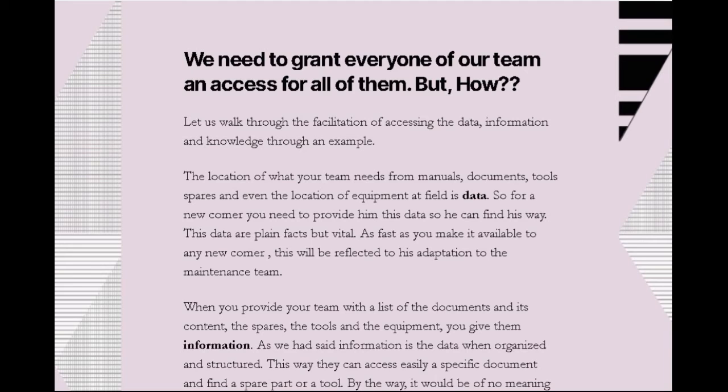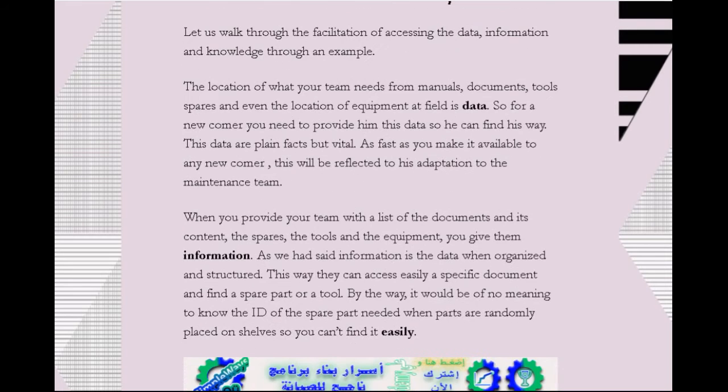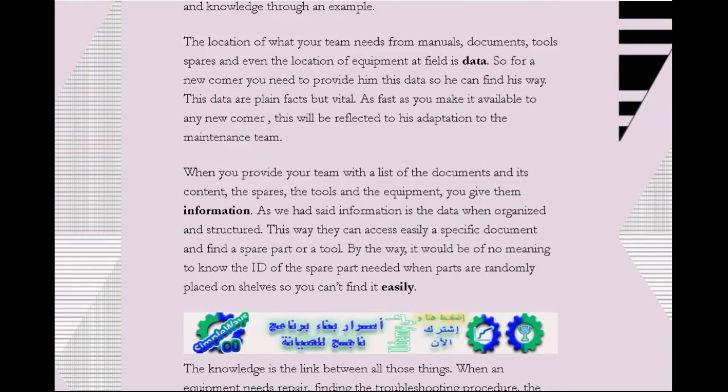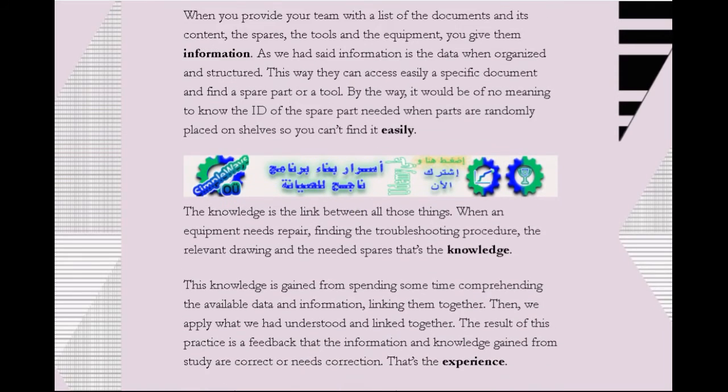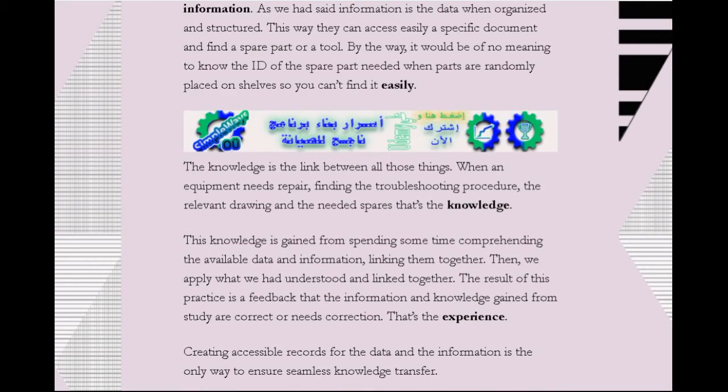If, for example, you put that when this equipment has this alarm, you need to use this spare part with this ID, that's very good. But how to find this spare part with this ID if the spare parts store is not arranged and the parts are not arranged on shelves in a way that I can reach it? It will not be easy to reach it. So